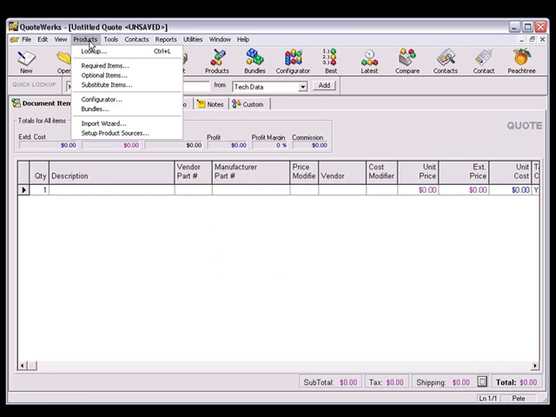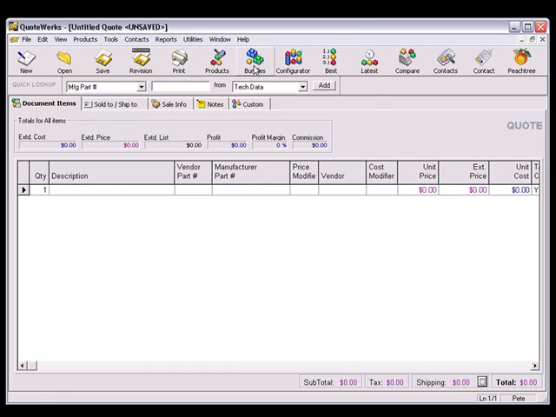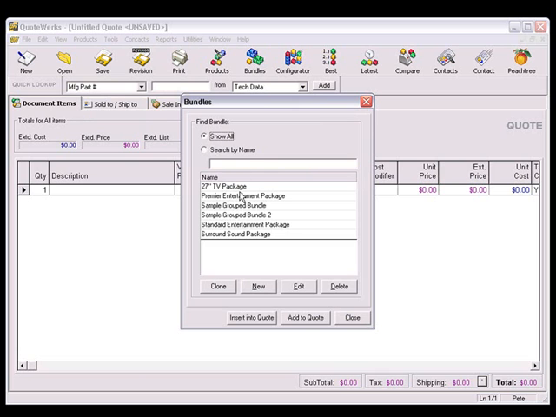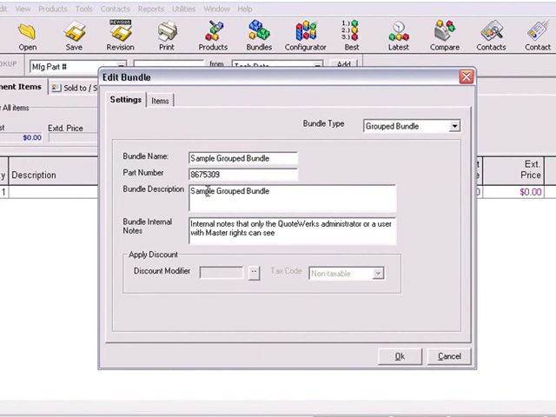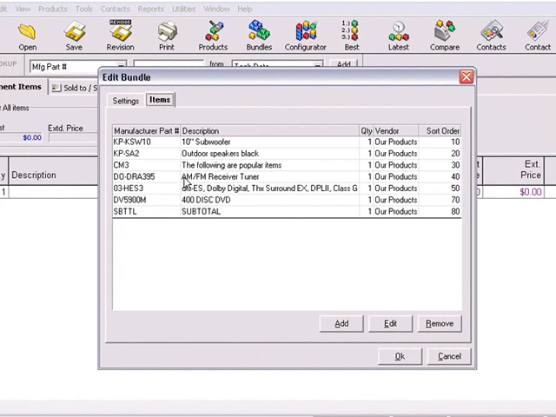Select the Products Bundles menu option, or click the Bundles icon on the QuoteWerks toolbar. Choose the bundle that you want to change, and click the Edit button. Click on the Items tab, and you'll see all the items that you've set up for this bundle. To change the characteristics of an item, choose the item that you want to adjust, and then click the Edit